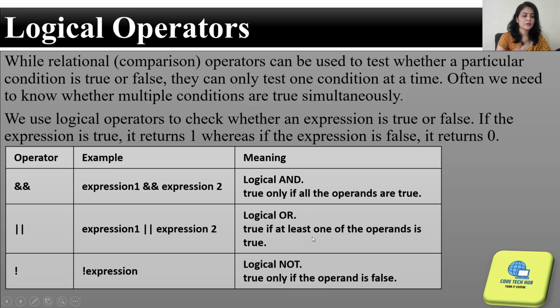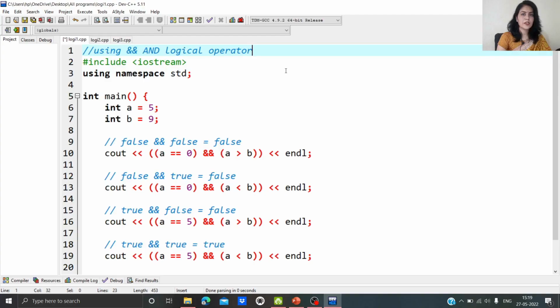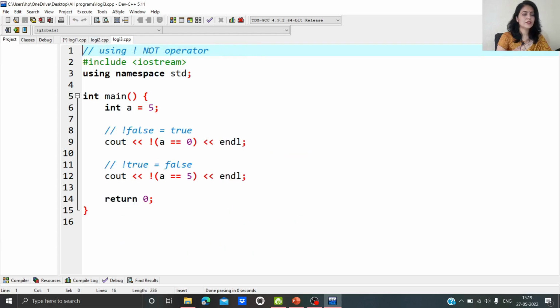Okay, so I will clear all the concepts of the AND, OR and NOT logical operators. Stay connected and let's practice. Here I am going to explain logical operators with an AND example, an OR example and a NOT example.